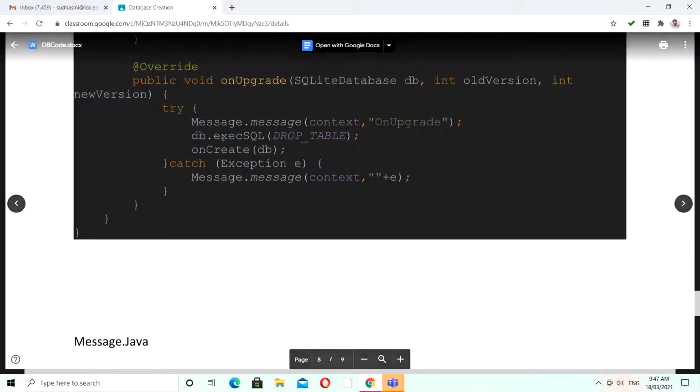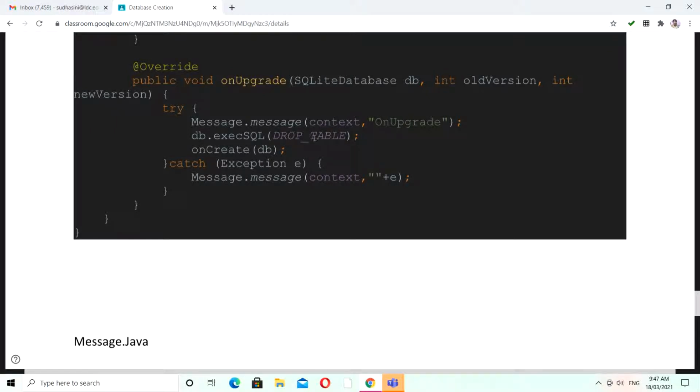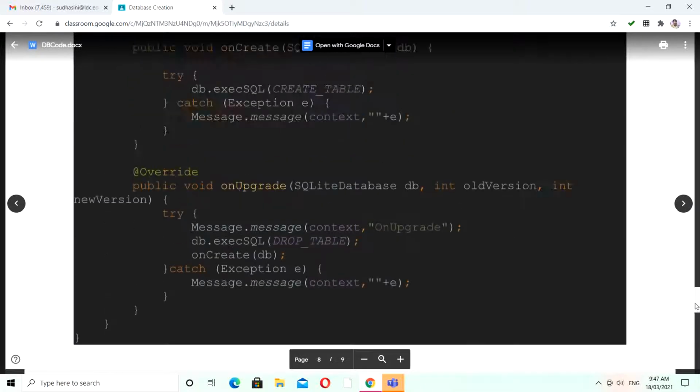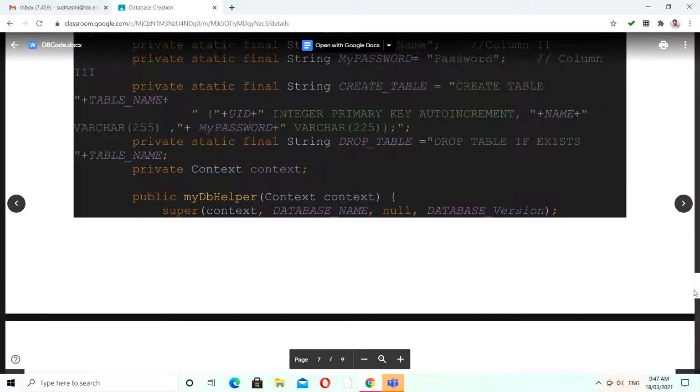The same way, db.execSQL drop table. Within your drop table we have mentioned the drop table query also. Yes, you can see this is the drop table. Drop table means drop table if exists, with the table name.